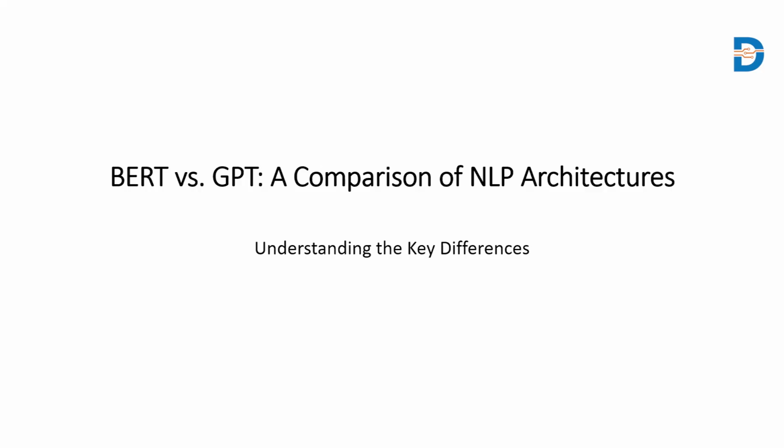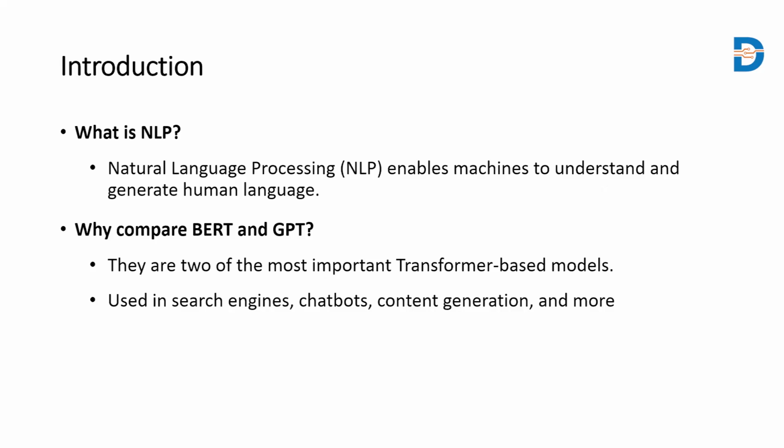In this video, we're going to understand the key differences between the two main pillars of NLP architecture, that is BERT and GPT. Both BERT as well as GPT come from the same architecture, the transformer. The transformer has two main bodies in it: one is an encoder, the other is a decoder, which have several multi-head attention layers in order to have that self-attention mechanism.